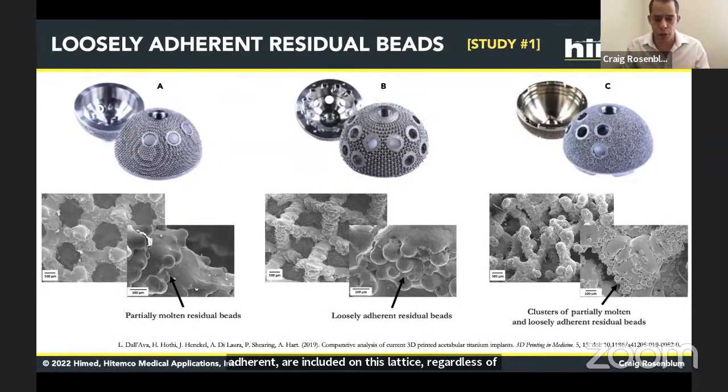And the concern, to quote the authors directly, they said that although the existence of partially molten surface beads on the 3D printed lattice is a known byproduct, the prevalence on the acetabular cups is an interesting and concerning finding because these beads might potentially be released into the body and there might be clinical implications that should be investigated afterwards. So as clients started to approach HiMed with these challenges, we looked into applying the MCD apatitic abrasive,